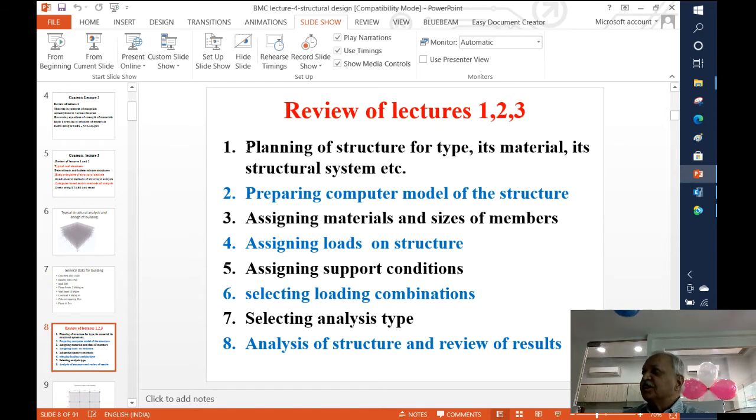Our entire process involving the analysis of a structure consists of these items. That is, you have planned a given structure like the space frame building that we have seen. What type of structure you have got is the information given to you. What type of material you are going to use, be it concrete or steel, is also given to you. That decision is made at an earlier stage. What kind of structural system you will have, whether it is an industrial structure involving trusses or frames, or a building structure with normal beams, columns and so on.